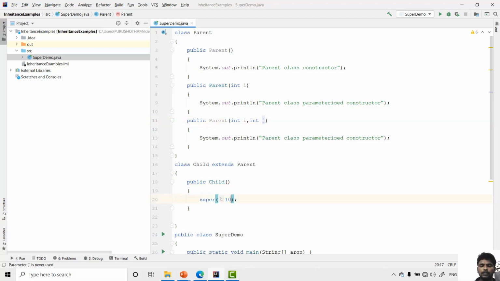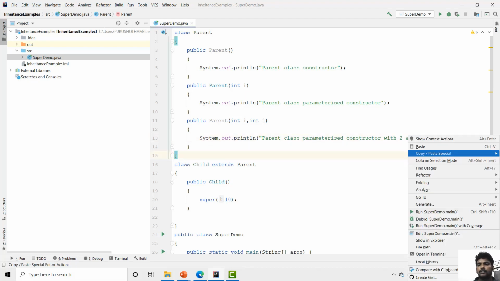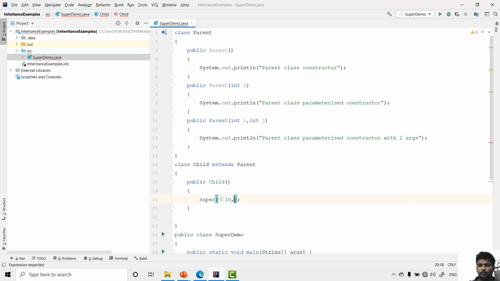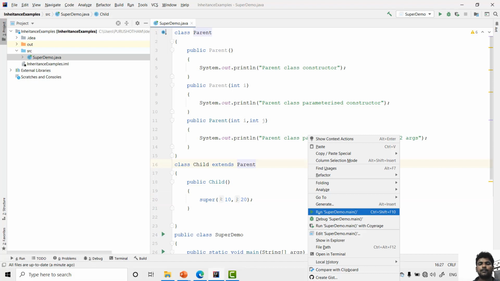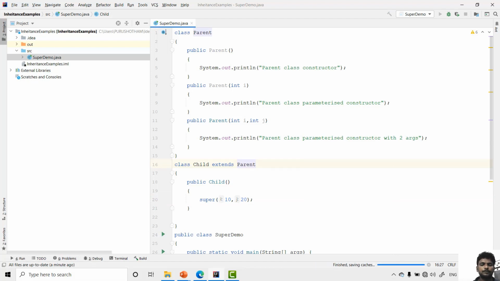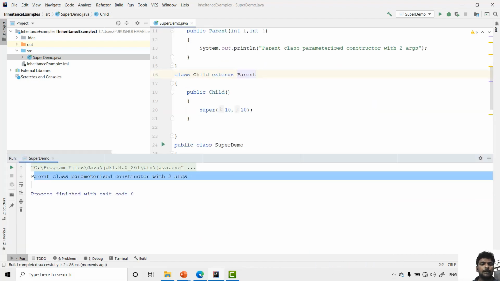So suppose I pass parameterized constructor with two arguments, so here I'm passing 10 and here I'm passing 20. So now this time it will trigger the third one. See, parent class parameterized constructor with the two arguments.